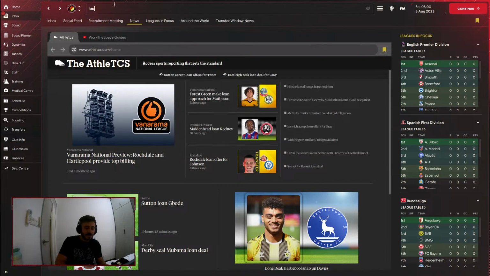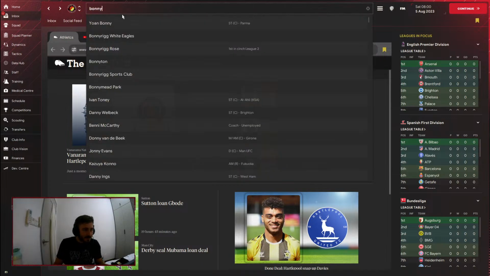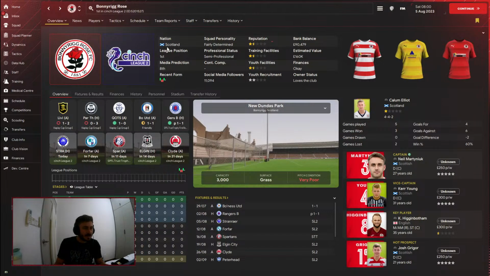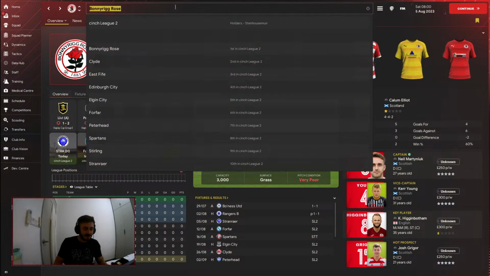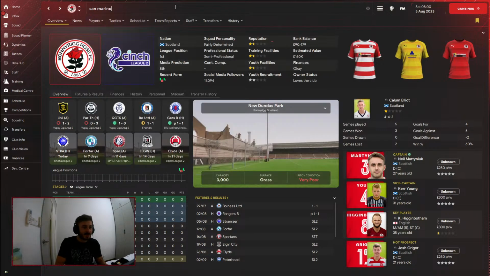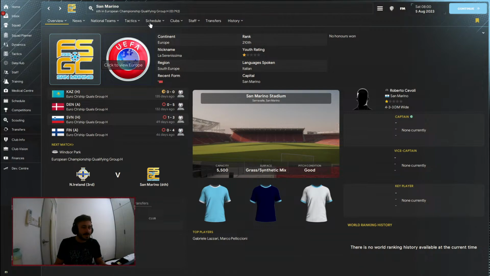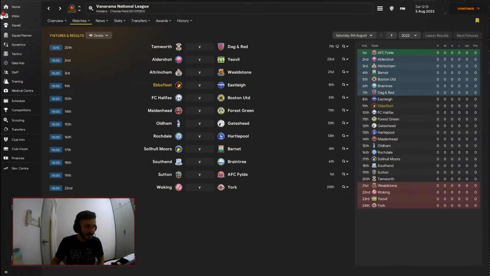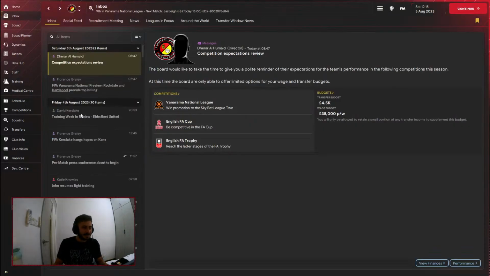Bonnyrigg Rose. Is that Scottish or is that Irish as well? Bonnyrigg Rose. Second division in the Scottish League. I can't see their finances. San Marino. Isn't that a national team? Yeah, but there's not really anyone. You're just never going to have anyone. You can't develop players really if you're just an international manager for San Marino. You need to have the in-game editor and